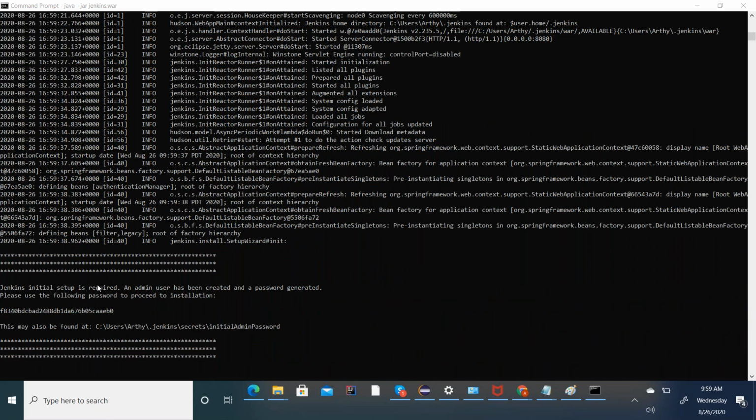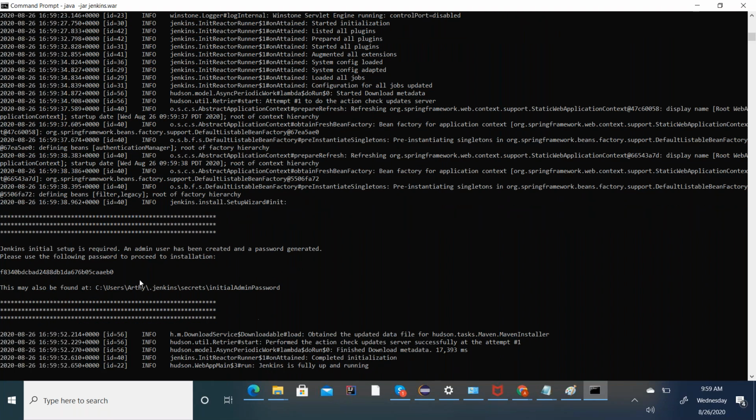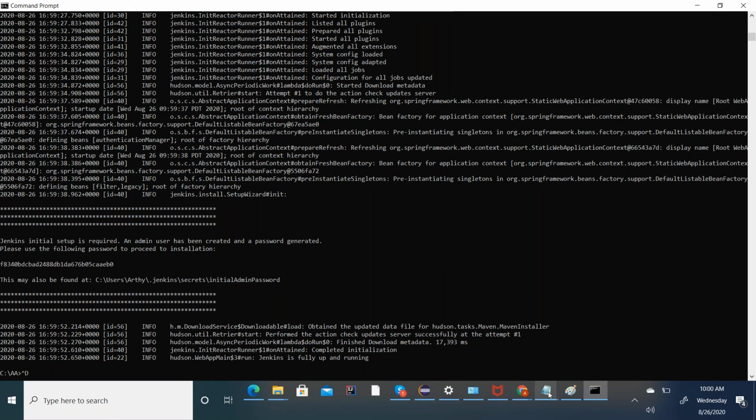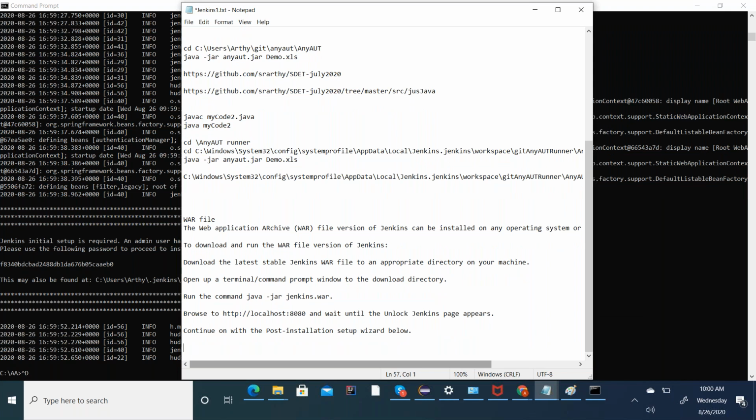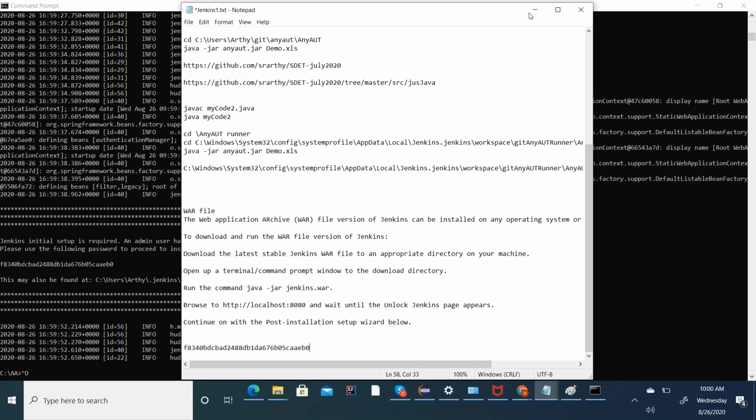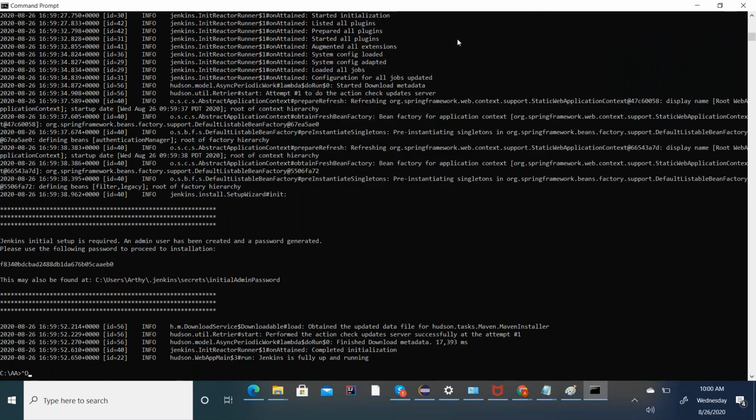Initial setup is required. An admin user has been created and a password generated. Please use the following password. It will also be there in Jenkins secrets initial admin password. Copy, Control C. Jenkins is fully up and running. Okay, then